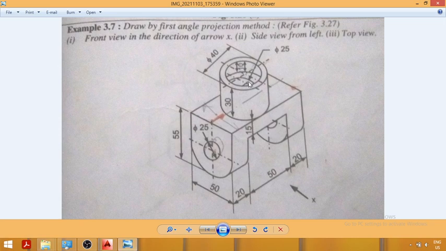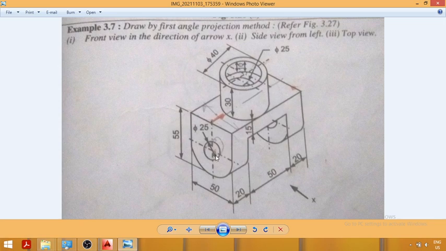Now this lower hole, which is of diameter 25, will begin from this distance of 10 mm, and will be throughout, that is this hole will be present inside the cylinder as well as inside this solid part. So this hole, which is of diameter 25 mm, is a through hole, that is it will begin from this distance of 10 mm from the top, and it will be present throughout this part.